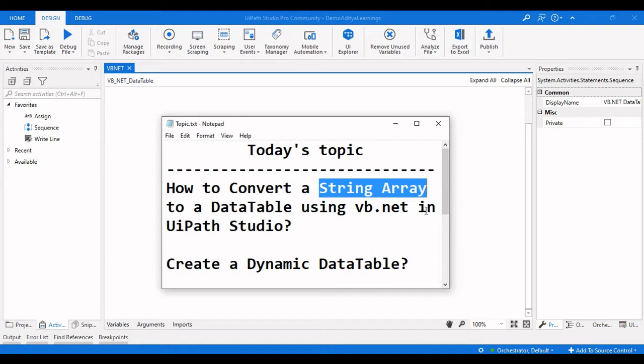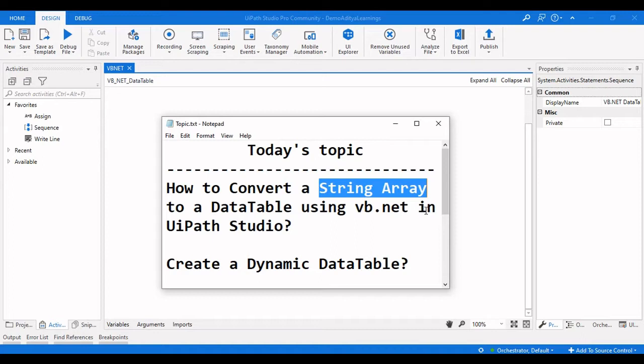The usual scenario is that whenever we want to use a data table, we usually build the data table first, and then we use that particular data table in the remaining phases of our process. But instead of doing that, you can create a data table whenever you require it with certain headers, and then input the data into that data table. So in this video we will see how we can create that dynamic data table.